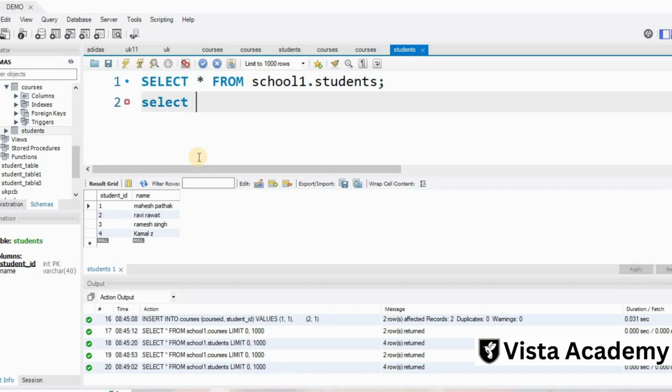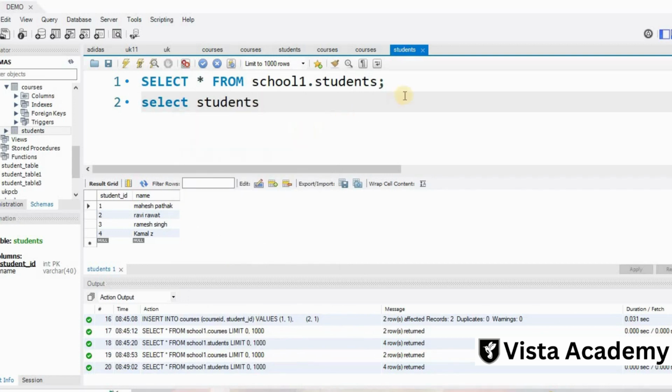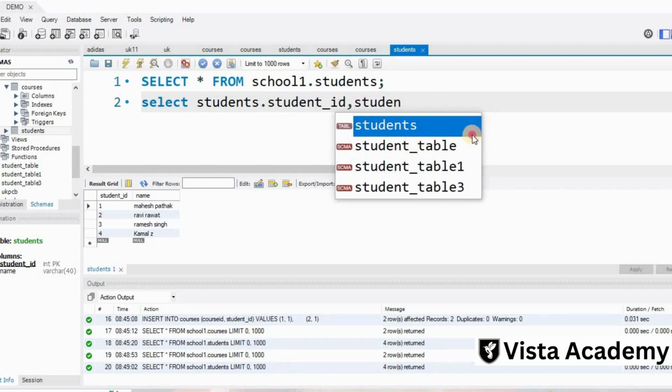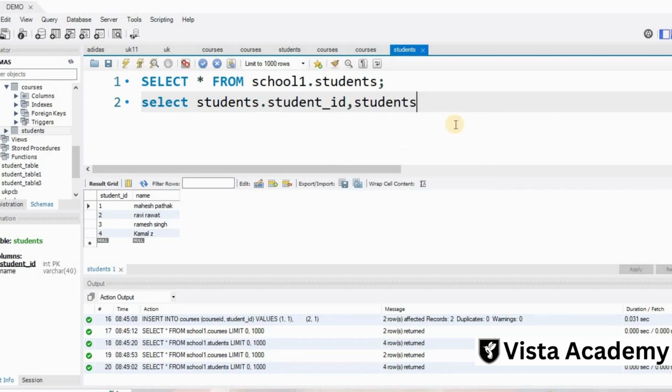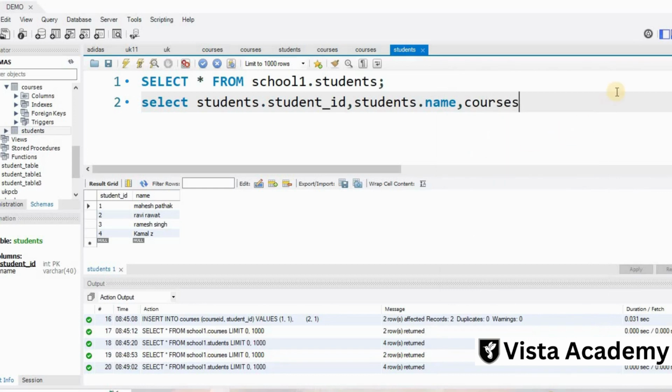So we will select from the table named students. First I will take students dot student ID, because we want to see the student ID, comma, students dot name, and then I will take courses dot course ID.